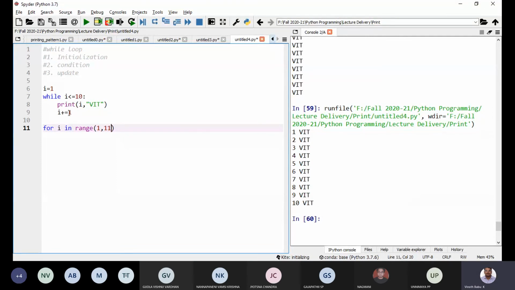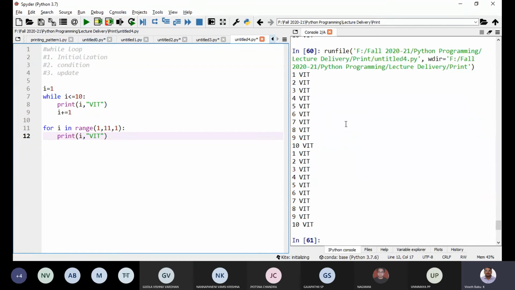We know the update, the increment, is 1. If you don't give it, it will also work. Colon, then just print i comma VIT. You see the same output.